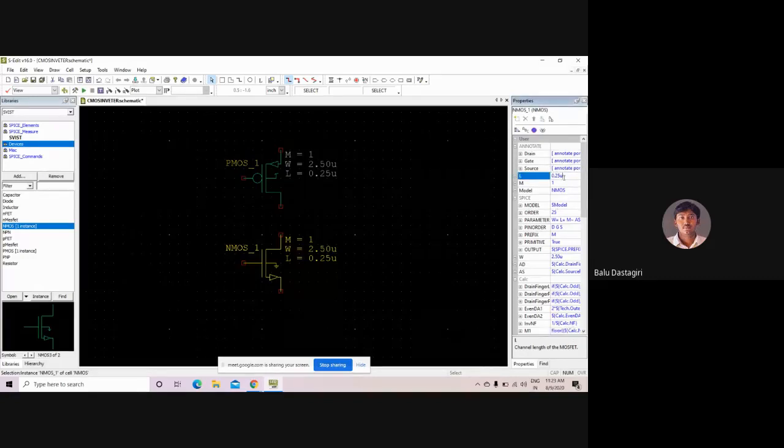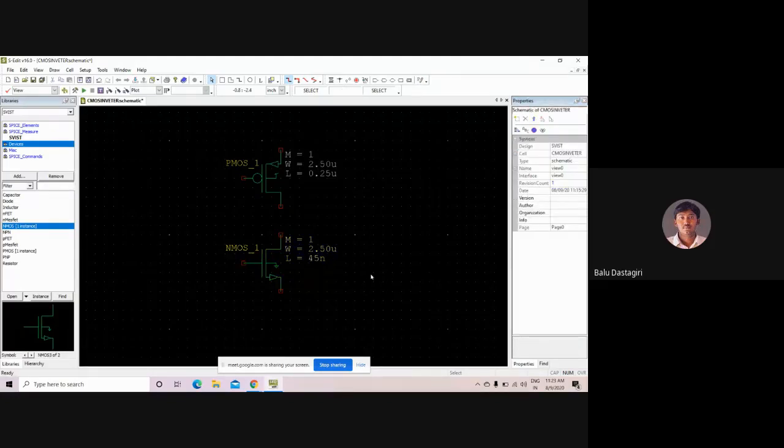In the property window, at the L, change the size of the transistor to 45N. Now you can see the length of your NMOS transistor has been changed to 45. Moreover, there is a relation between the length and width.